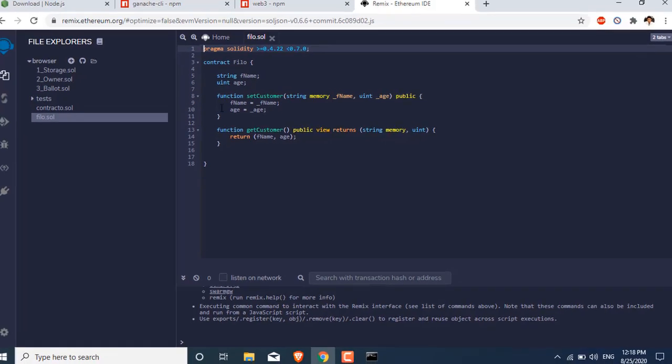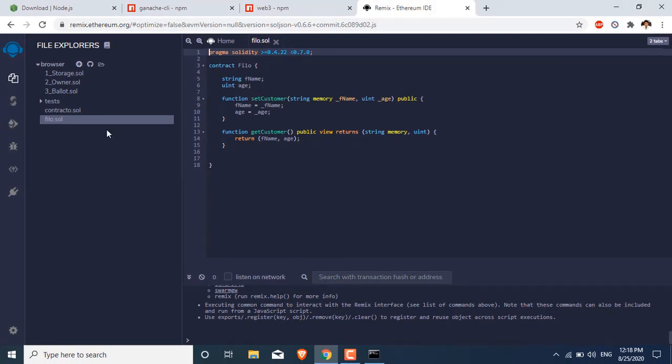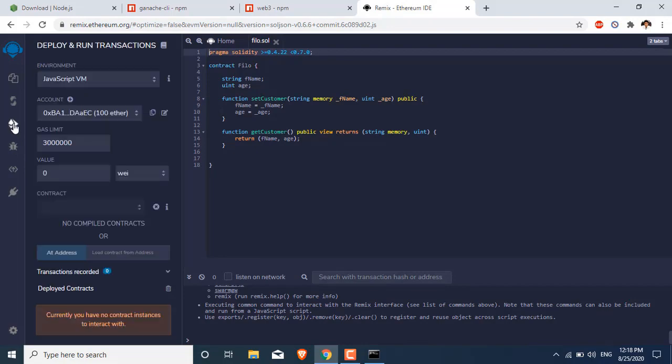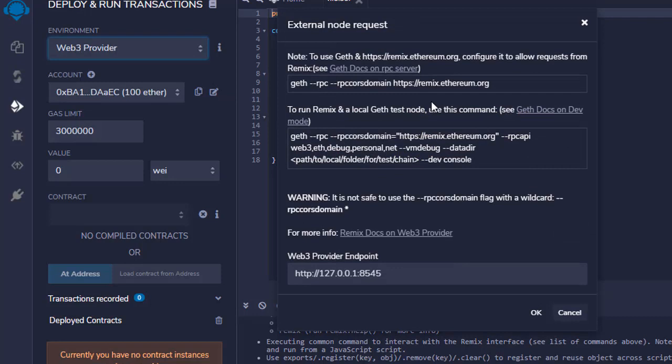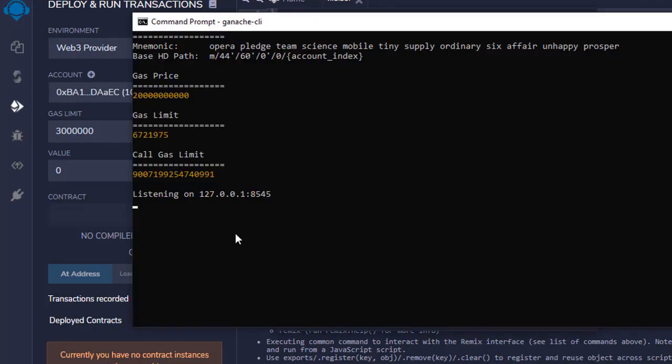So when we go here, instead of running transactions with the JavaScript VM, we are going to do it with the Web3 provider. It will show that the Web3 provider endpoint will be this, which is the same as this one.